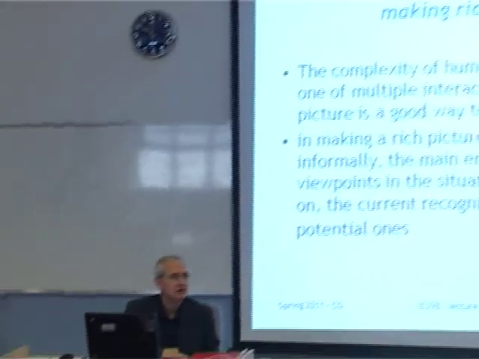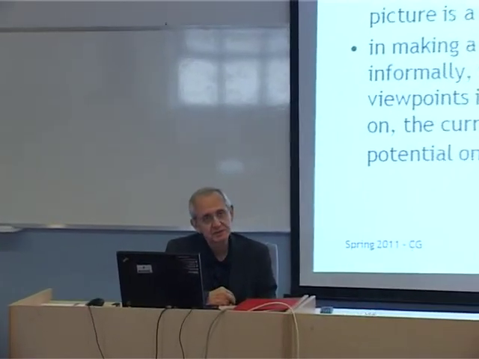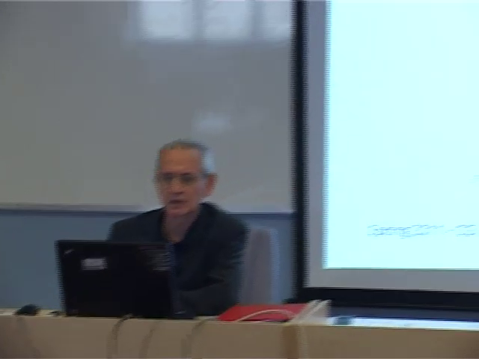Structures, processes, viewpoints, different Weltanschauungen, etc., and the conflicts that are clearly there, should all be shown. The process is going on, the current recognized issues and any potential ones. Recognized issues are points of contention. Contention means disagreement, points of disagreement, but also potential points of contention as well. These all should be indicated on the rich picture. That's all we are going to say about rich pictures.